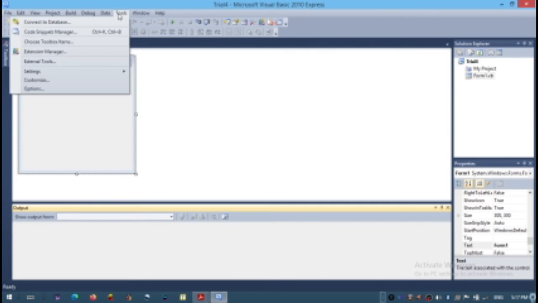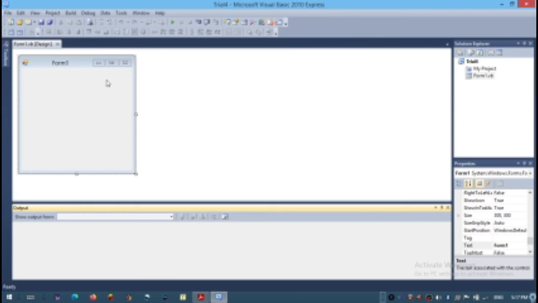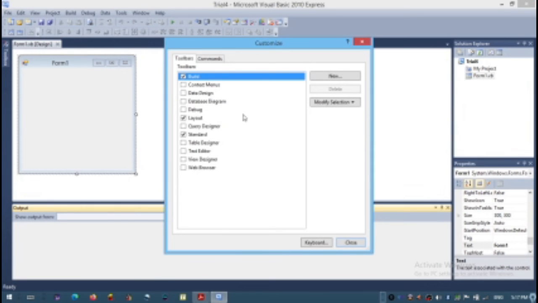Tools we have already seen. We can connect to the database and also customize some of the toolbars and commands by adding more items to the toolbar. And if you don't want some of the options in the toolbars or commands, we can remove them.